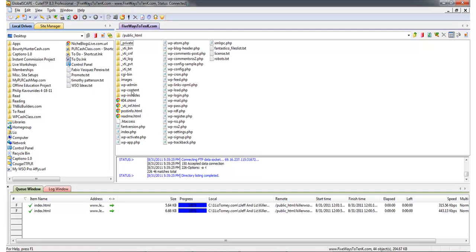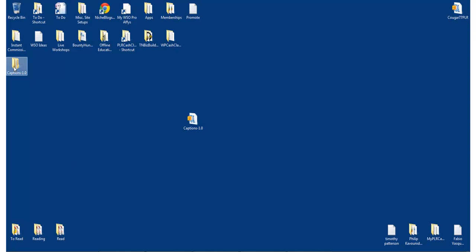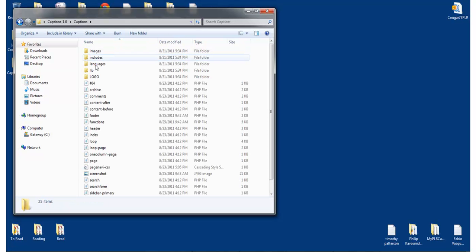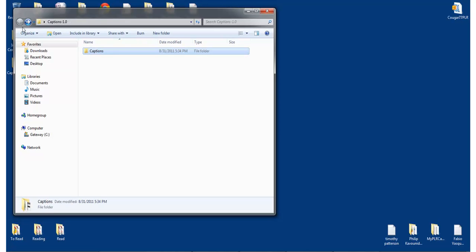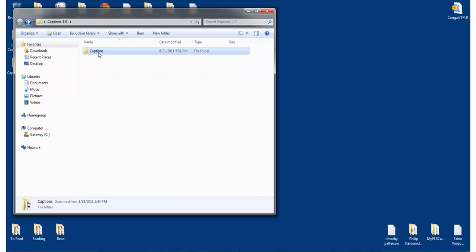We're going to go into wp-content, themes. Now, let's go check out this theme. It's already unzipped. Here's the theme. You want to open it up, make sure that it opens up to all these files. If it opened up to like another captions folder, you'd have to go within that folder. You want to get it to where the next folder you click on has these, okay? If not, you're going to screw up the hierarchy of the files, and then you won't be able to install